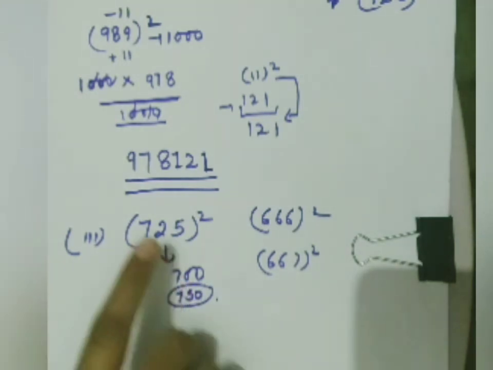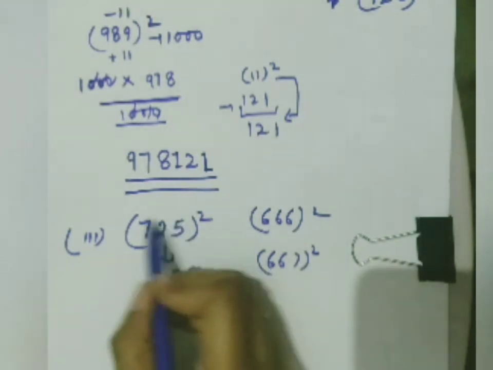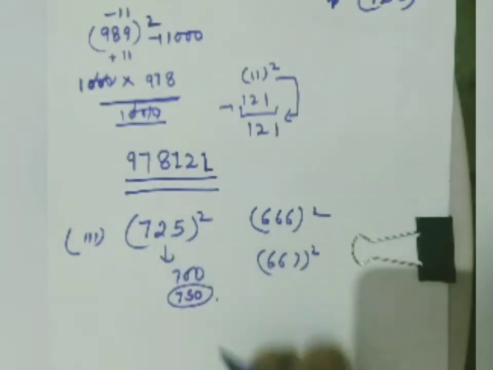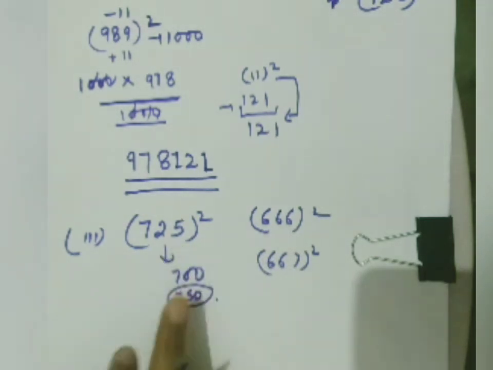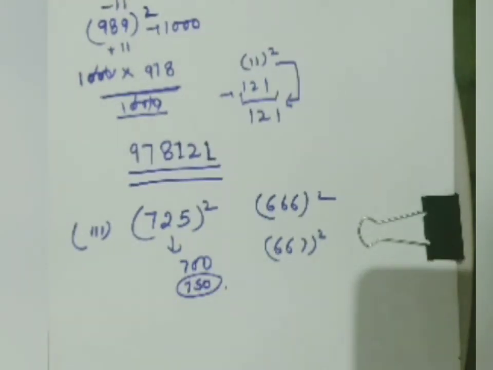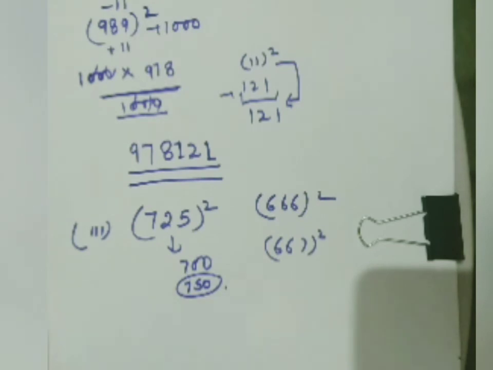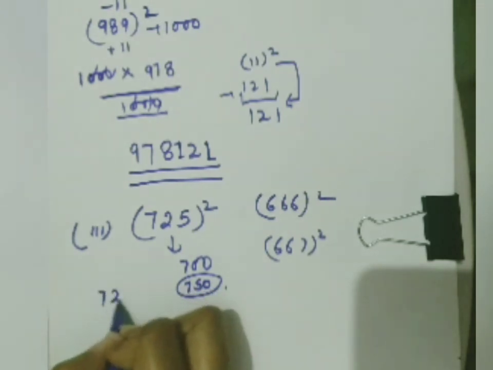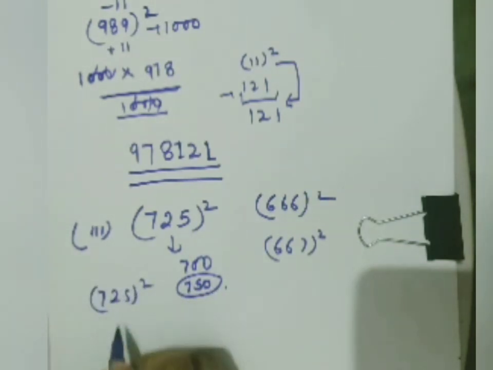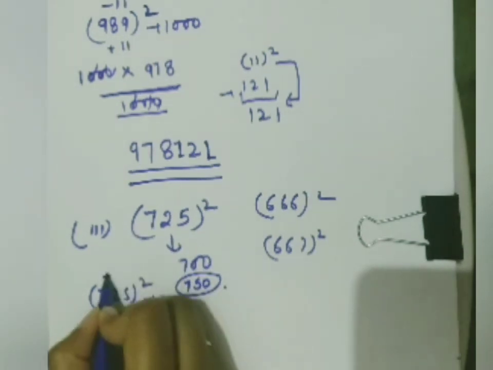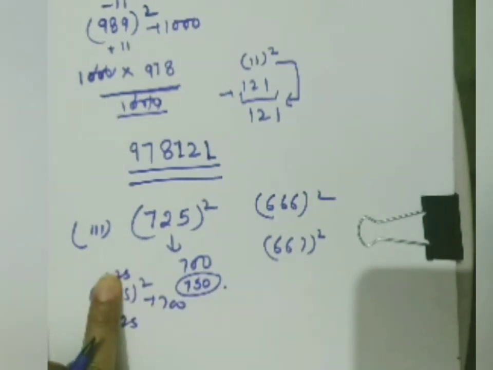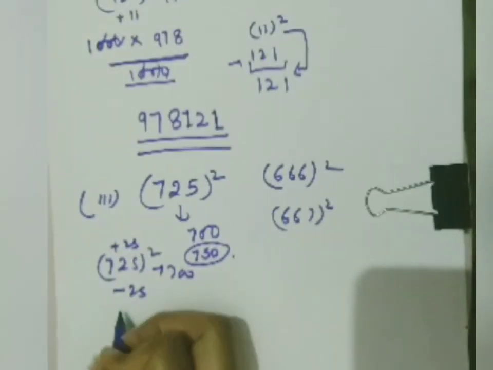After minus or plus, you will get 25, and you will have to find the square of 25. That's why I have chosen 700. After doing practice, these things will come in your mind. That's why practice is very important for learning this trick. Suppose it is 725. Then to get 700, we will have to subtract 25, and whatever we subtract, we will add also.